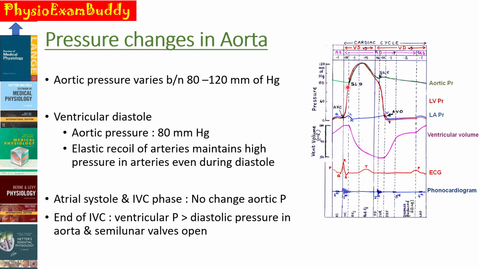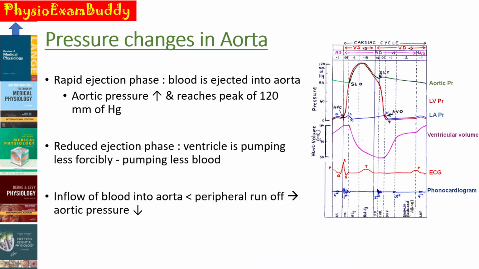Now, what happens at the end of the isovolumetric contraction? You can see here the ventricular pressure will exceed the diastolic pressure in the aorta, and our semilunar valves will open at the end of the isovolumetric contraction phase. And now you can see here that in the rapid ejection phase, the blood is ejected into the aorta. So the aortic pressure rises and reaches a peak of about 120 millimeters of mercury during